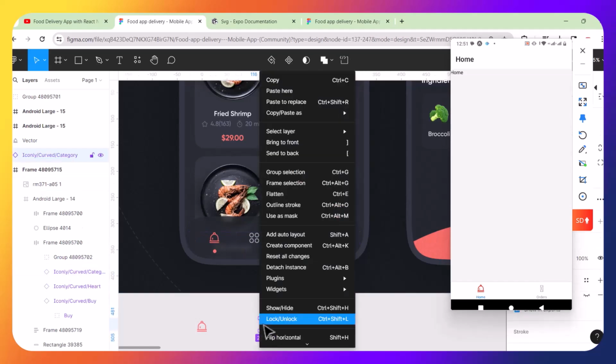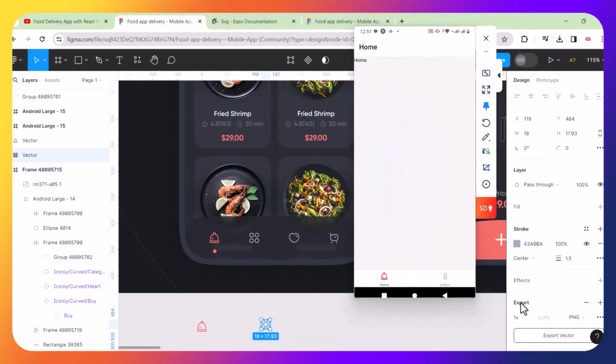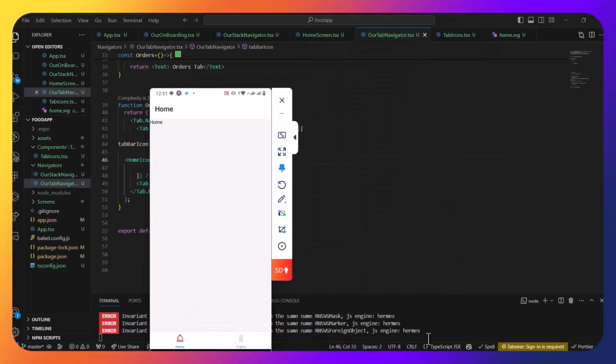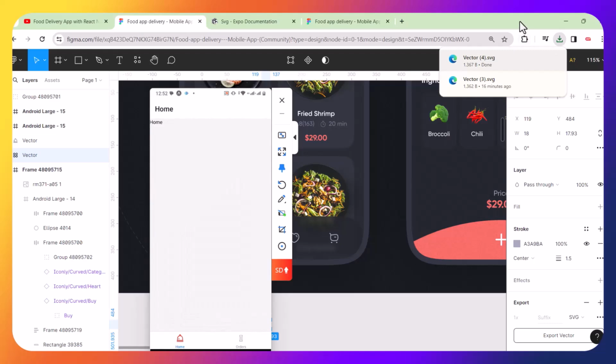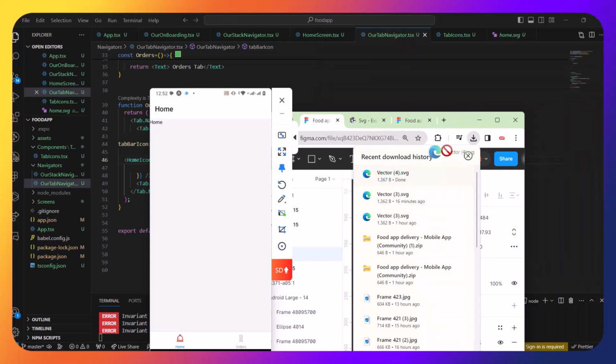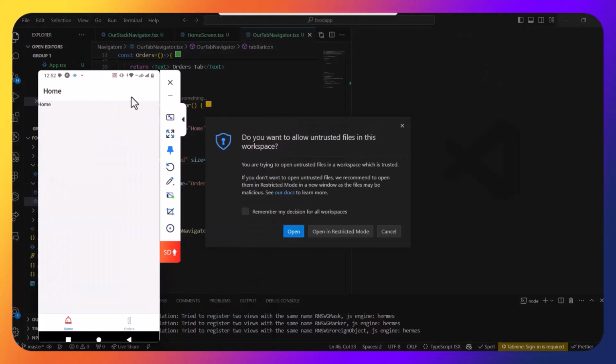We are going to flatten it, Control E. That means now it's only one element, and then we need to export it as an SVG. Export it as an SVG, and then we need to drop it on Visual Studio Code. We don't even need to save it. We're just going to drop it here